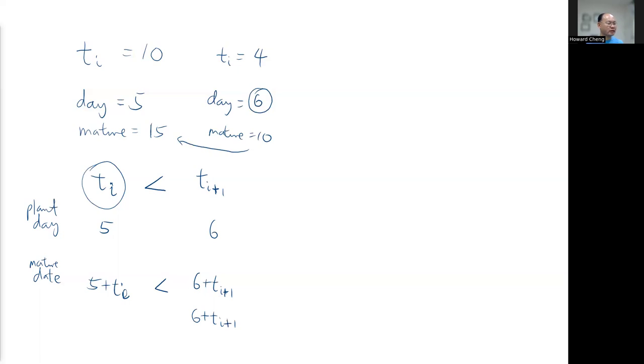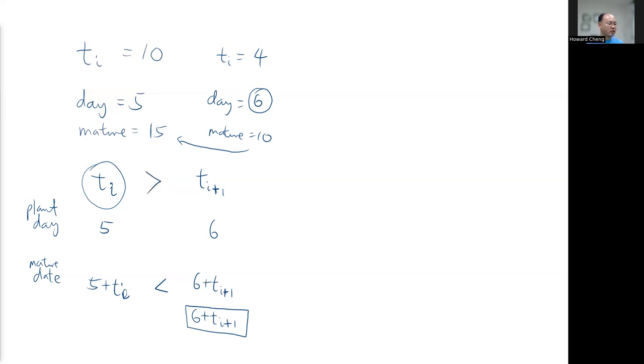Right? Because I have to wait for the longer one, because I plant this one later, and this takes longer to mature. So the mature date for both of these trees is going to be dominated by the one that I planted last, because it's also the longest. On the other hand,